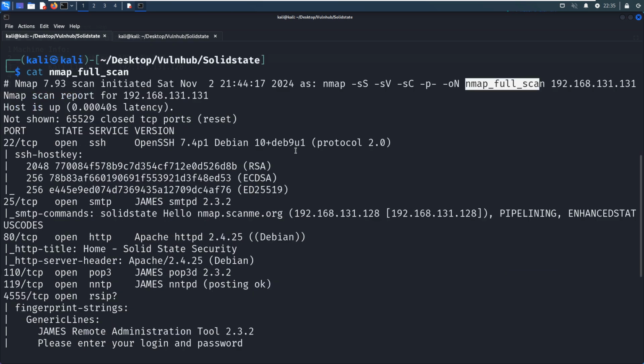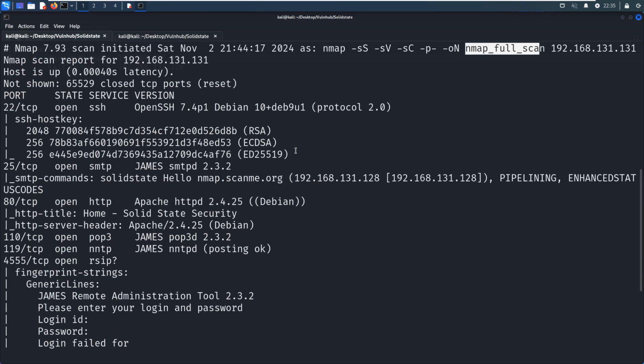From the Nmap scanning results, we can tell that the target has 1, 2, 3, 4, 5, 6 open port numbers. Let's take a look at them one by one. The first one is 22, which is running SSH service and also the version information, including the exact version number, 7.4.